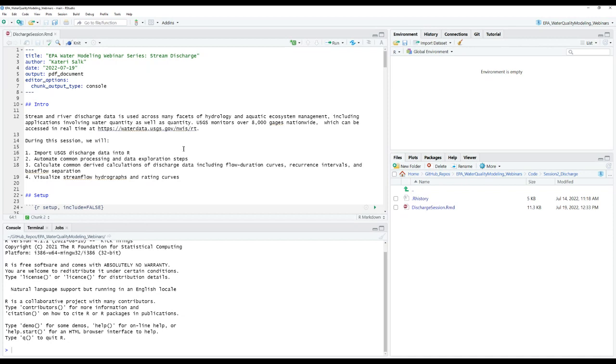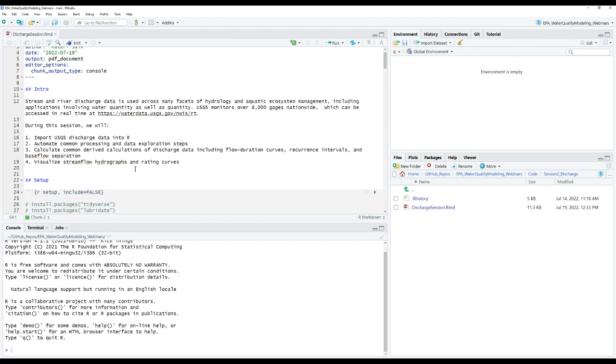So welcome to our coding session. Here we have both text and code portions. So that's what I love about these R Markdown files, is that we can include informational pieces as well as code, where we can mix those in and have those occurring together in the same file. So we just talked about the importance of discharge data and why we might use it.